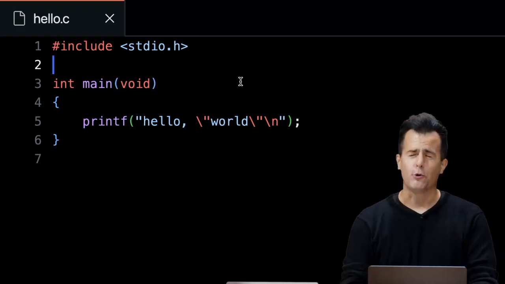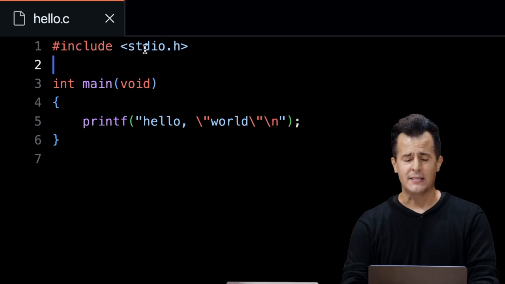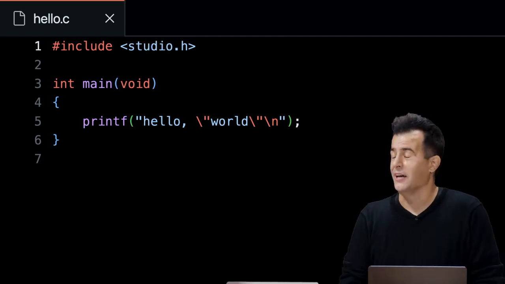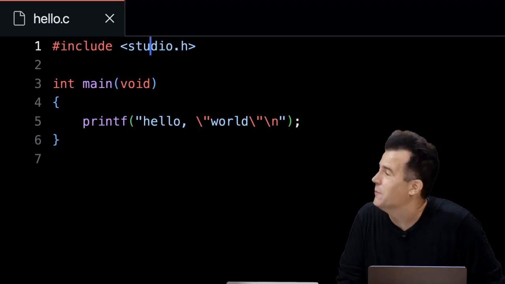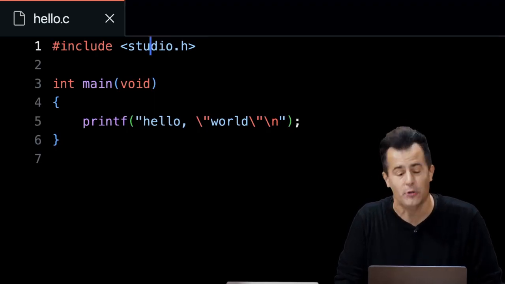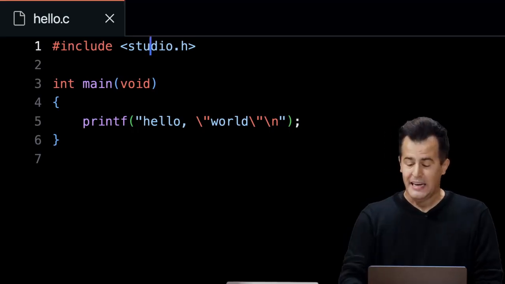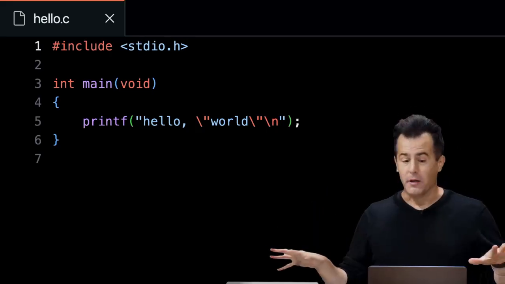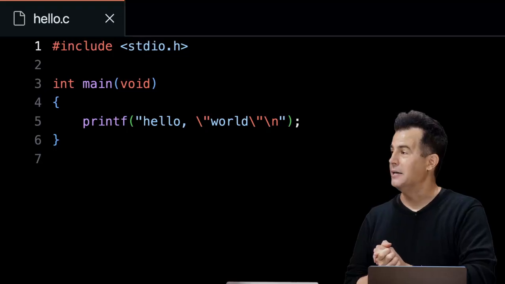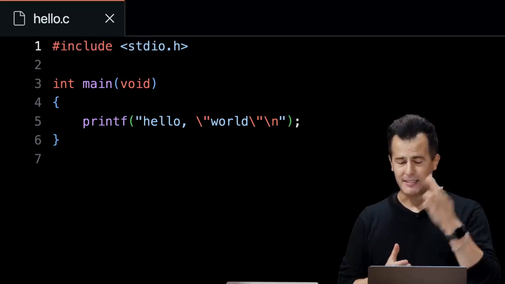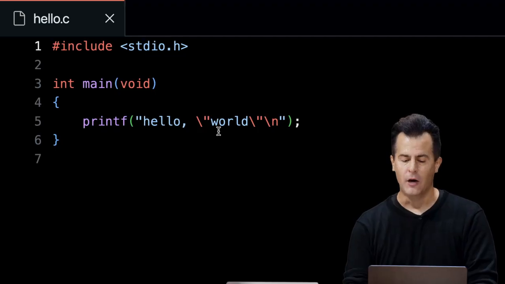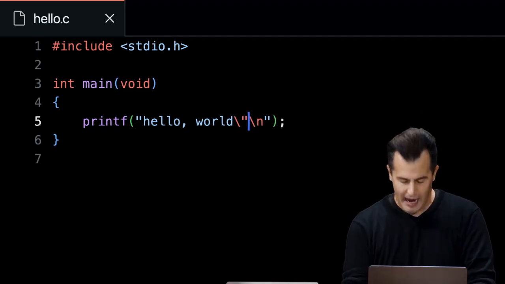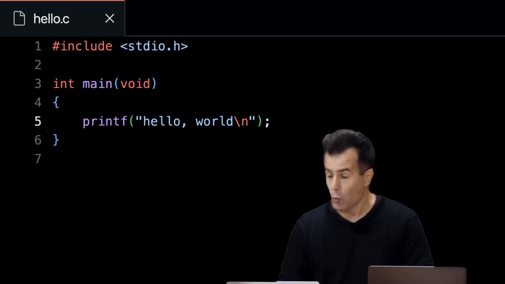As an aside, just to preempt some unnecessary headaches, this word is not studio.h. Every year, a non-zero number of people can't understand why their code's not working because studio.h is not found. It's standard IO, stdio.h. That's one of the first frequently made mistakes otherwise. All right, so remember that. Let me undo now the unnecessary quotes I added here,